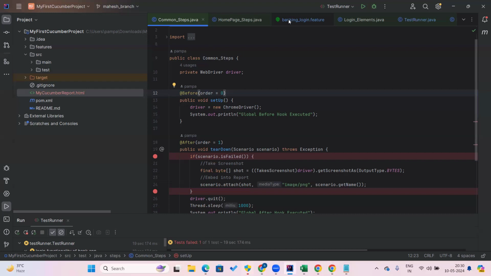copy the Before two times, but the only difference that you will be seeing is